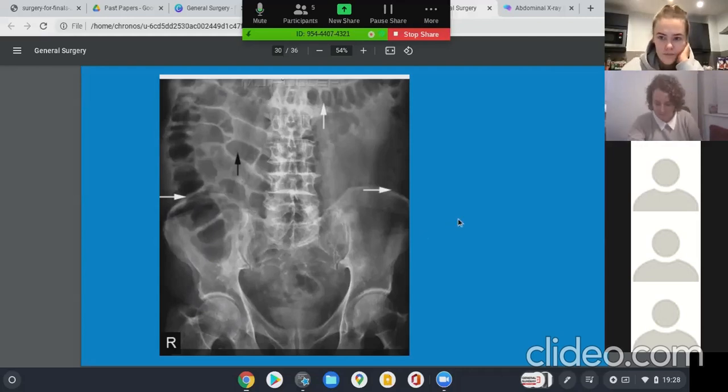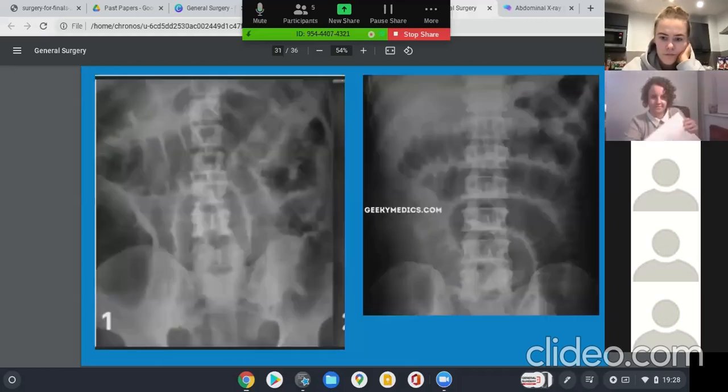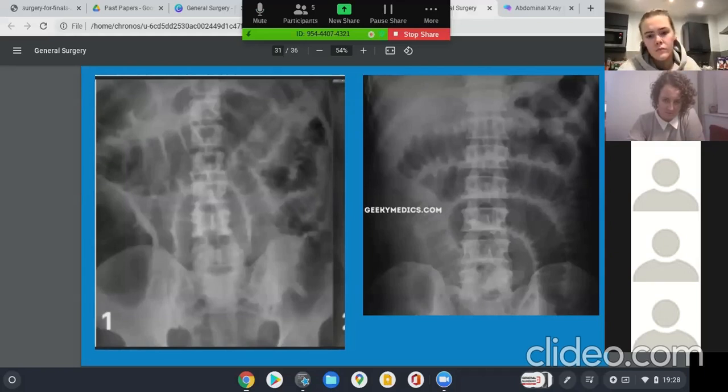Okay, so moving on to abnormal X-rays. These both show the same pathology. Just a spot diagnosis. If you're not sure, that's fine. But if you are, do you want to shout up? Okay, so what both of these show is basically you can see these lines going across, and they are the